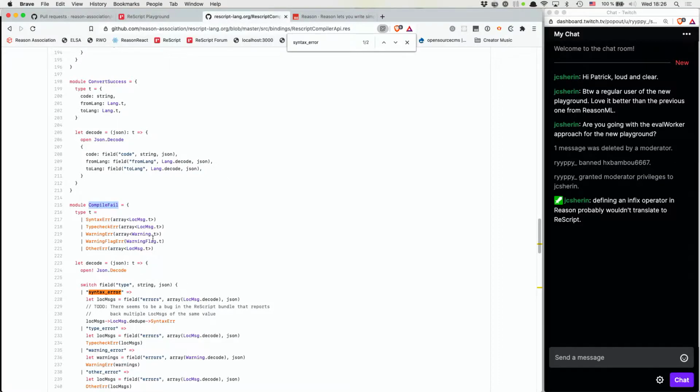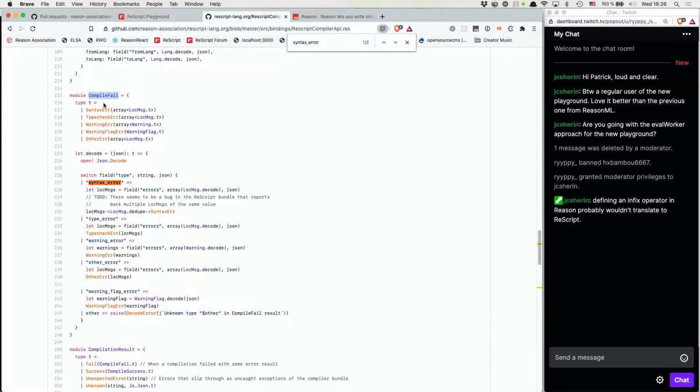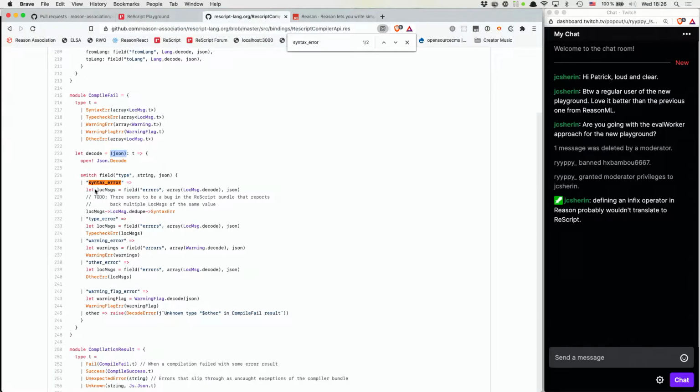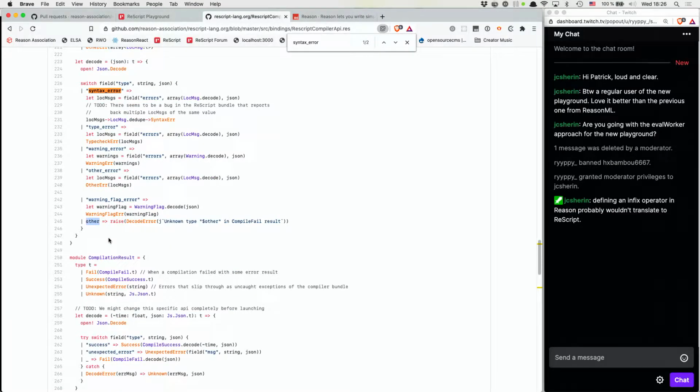Here we have different entities like compile fail, which says it's either a syntax error, type check error, warning flag error, or other error. And this is classified with the JSON we get in. So we get a blob of JSON like this one in our function. And then we check the first field type, if it's a string. If it's a string, we check what kind of field it is. And if there is anything we don't expect, it's some kind of error, and we